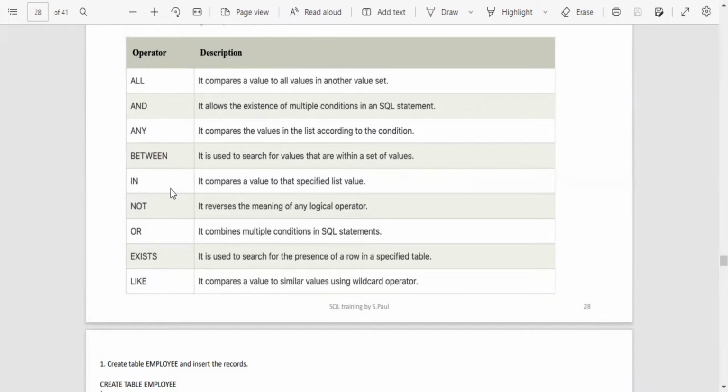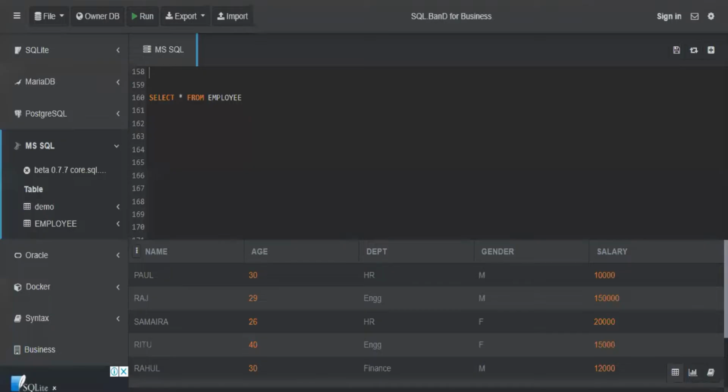So we will see some use cases where we use the in operator. Let's take this table again. We have 5 records in this employee table. We saw multiple select queries that day. So let's say we have a scenario